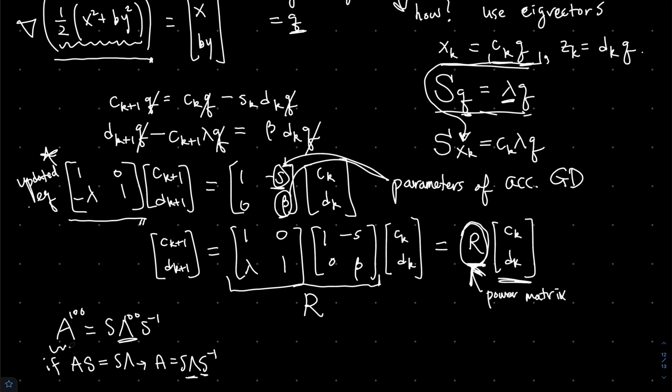So the powers of a matrix can be controlled by its eigenvalues. So for this power matrix, we want it to shrink fast, which means we want